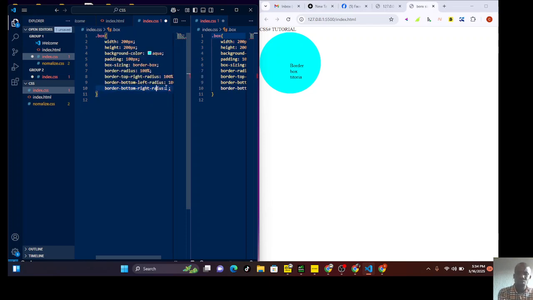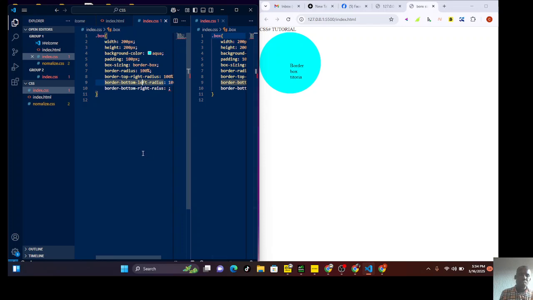Let me just clear this, there's a mistake. Okay, let's Ctrl S for save. Normally it's not working with my system, but normally you see that you form a shape, a kind of love shape. But if it didn't work with your system, like it didn't work with my system, you can also use what you call